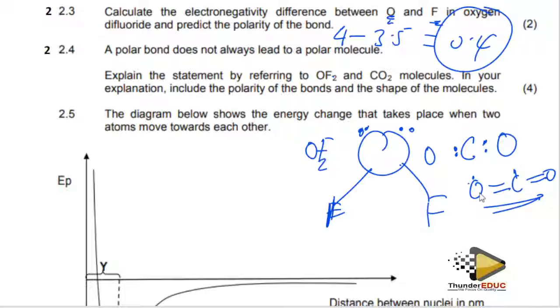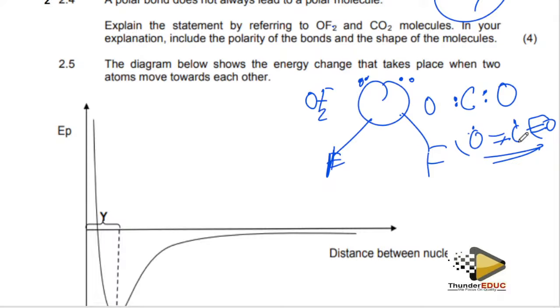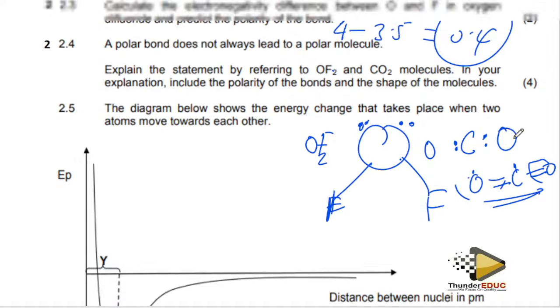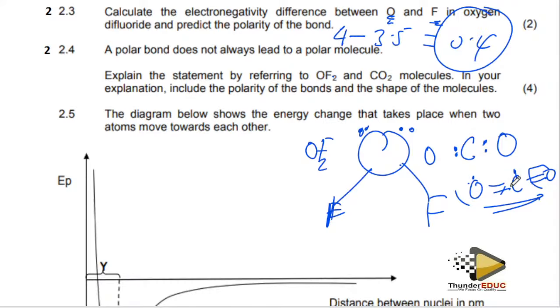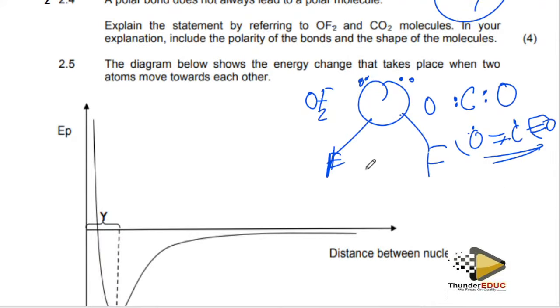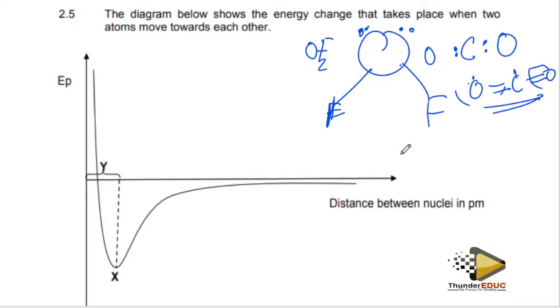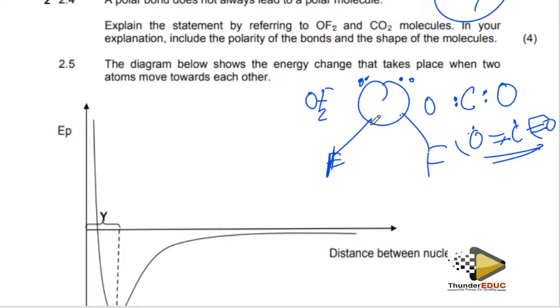So because of this, the force on this side and the force on this side are the same, so this one is going to be non-polar. However much the bonds in the molecule are polar, this other one is going to form a polar molecule because of the shape. It is a bent shape, angular. If it was straight, it would also have been non-polar, but because of the shape, it becomes polar.